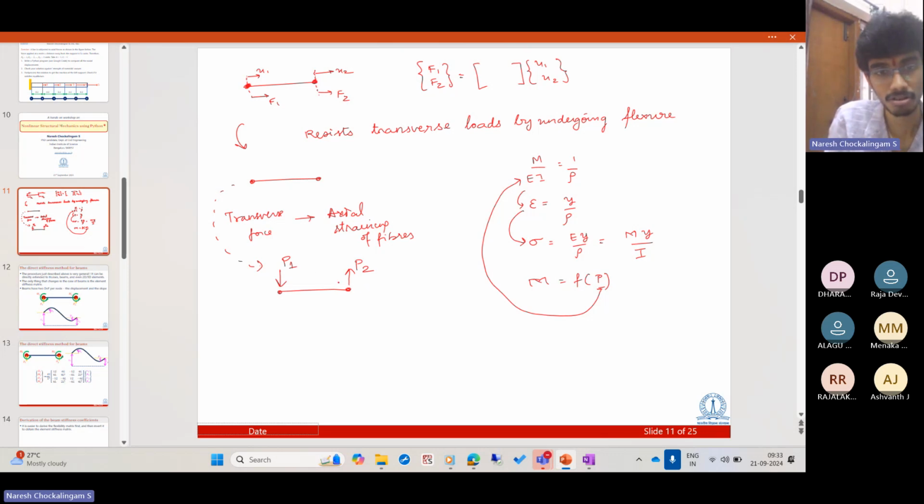Right? But this alone is not enough to keep the beam in equilibrium, because this is a pair of forces that are separated by some distance. So they will introduce a net moment which will cause the beam to rotate. So for moment equilibrium, it requires some moments in addition to this. So it has got some moments, say M1, M2, to keep it in equilibrium, right? So for a beam element,